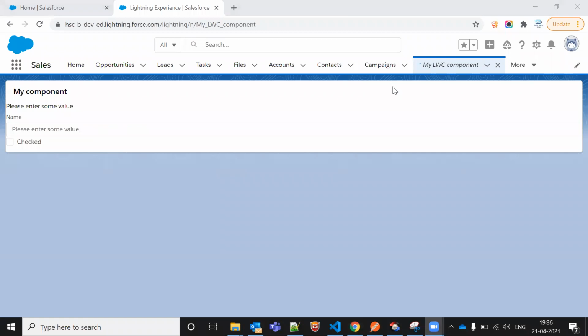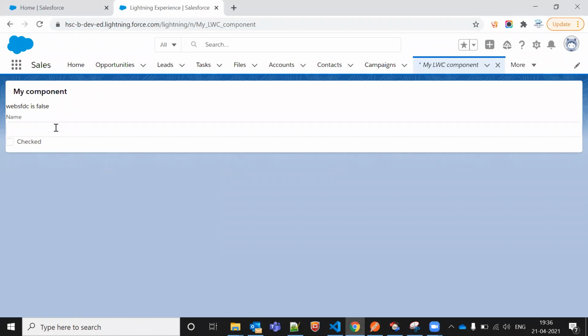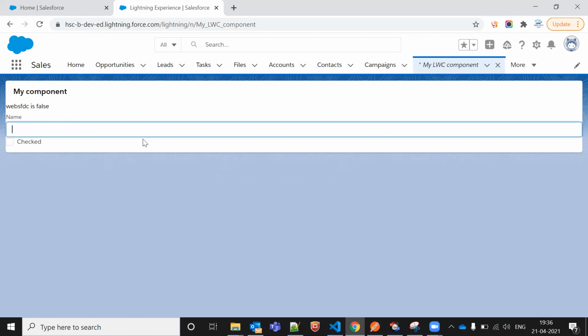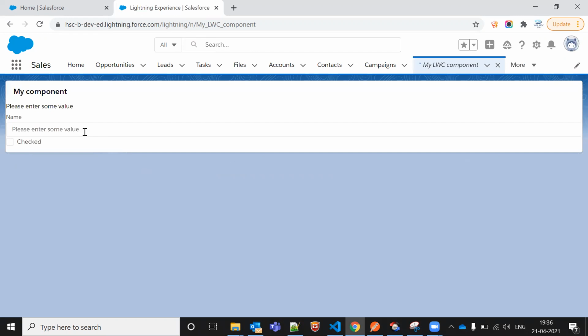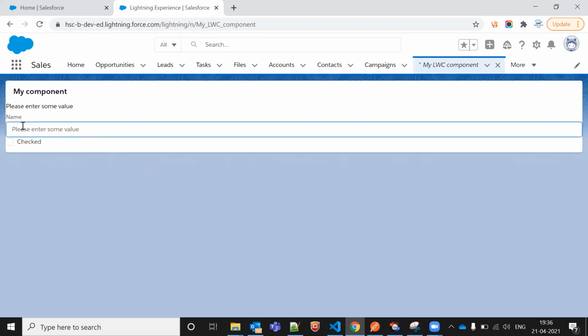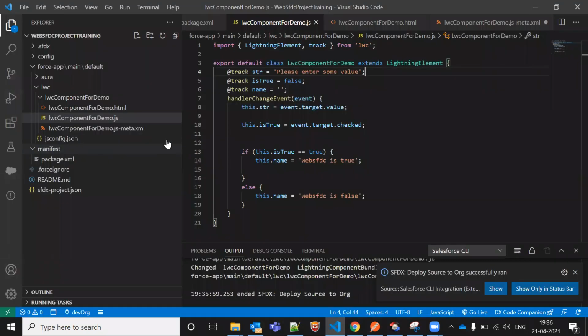So if I make some changes, there is something like they are saying, please enter some value. If I refresh the page, you are able to see there is nothing, but that's a placeholder. So this is a placeholder, this is not a value, it is in the background. So now let me just tell you how we can call